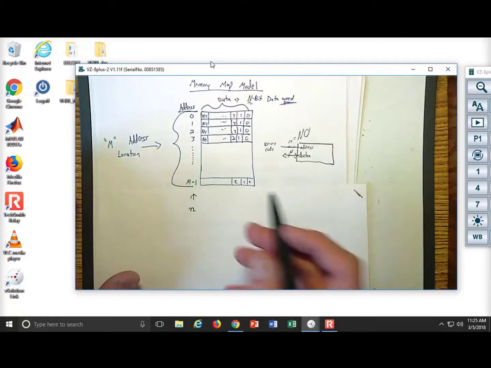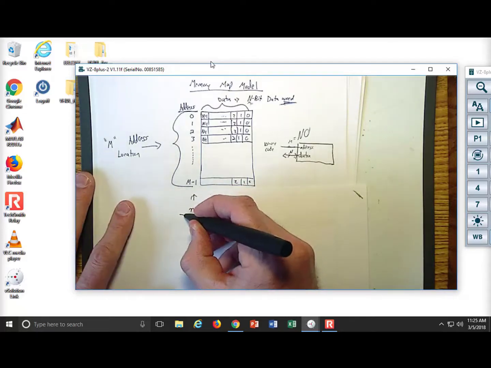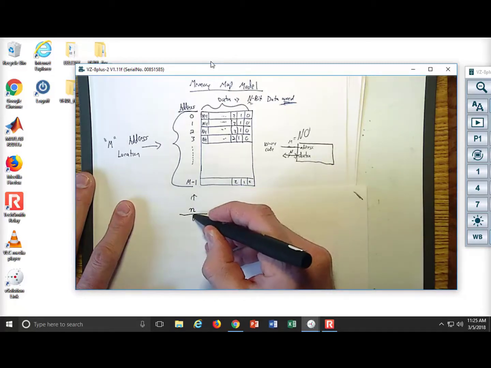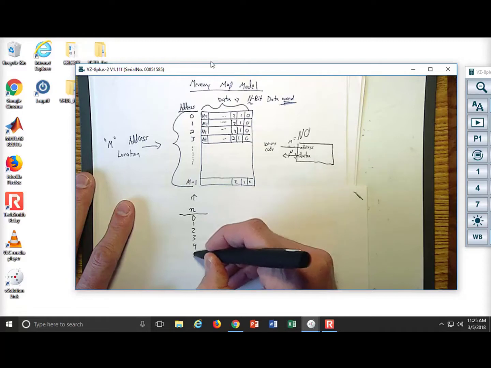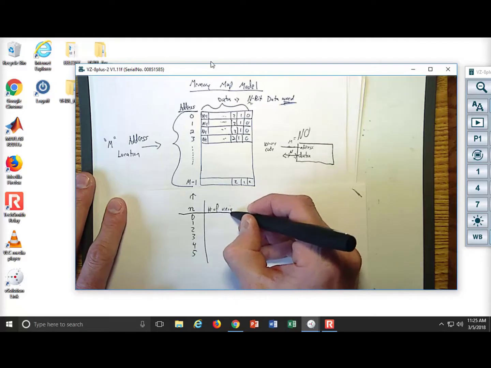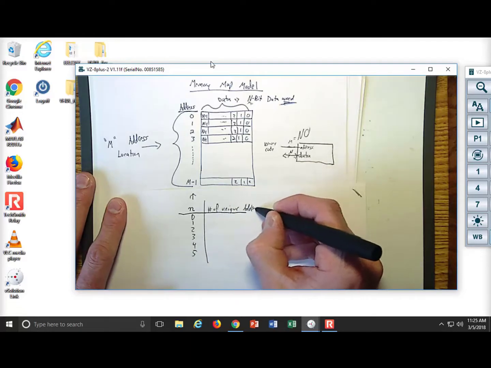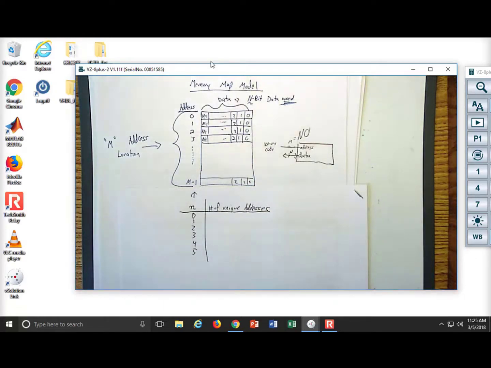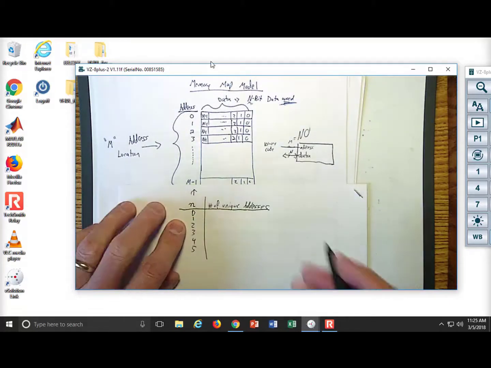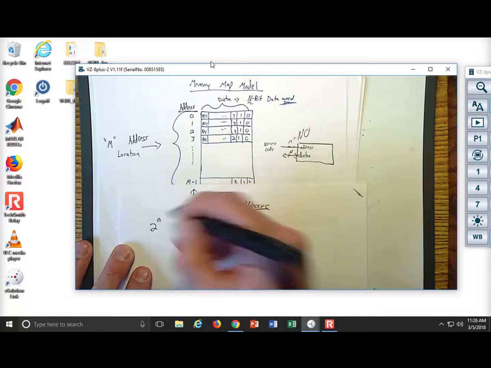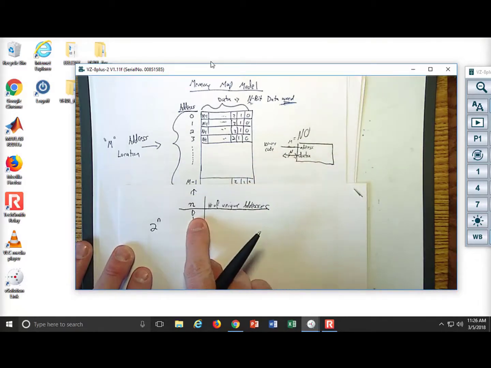So if I think about this, let's say that I just made a table called n, and I had 0 bits, 1 bit, 2 bits, 3 bits, 4 bits, 5 bits. And I wanted to know the number of unique addresses that I could have in my code that was n bits wide. How would I calculate that? 2 to the n. Okay? So 2 to the n. If I had 0 bits,